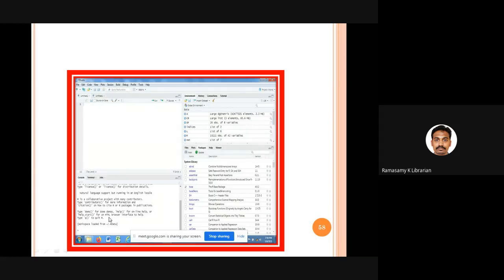In the bottommost compartment, you give all the commands. On the right side, bottommost, you see all the libraries I have installed in my R package. For example, I have installed a special library called bibliometrix. So whenever I want to analyze my data, which I have downloaded from Web of Science or Scopus and all, I want to do bibliometric or scientometric analysis, I need a special package called bibliometrix.